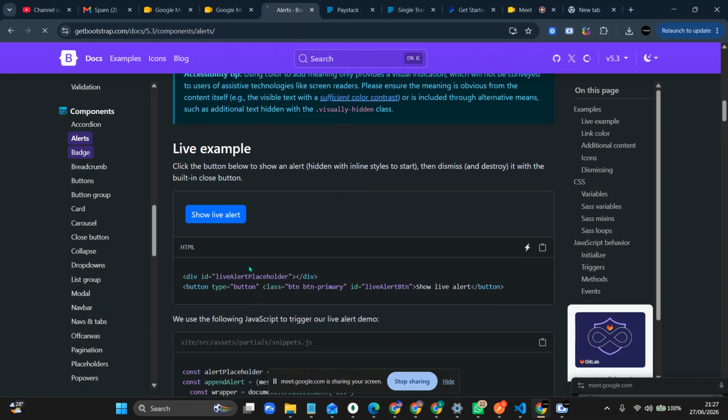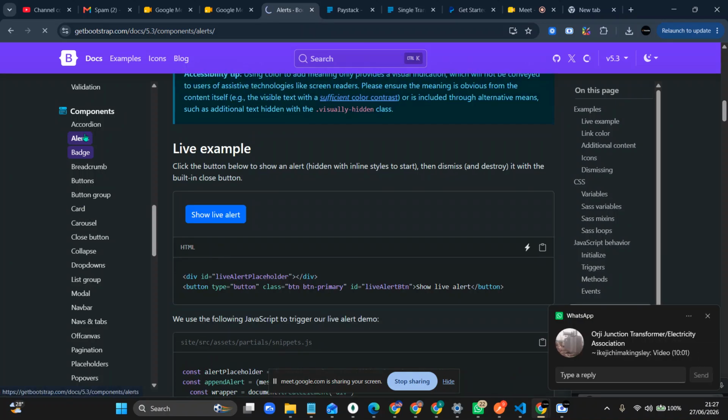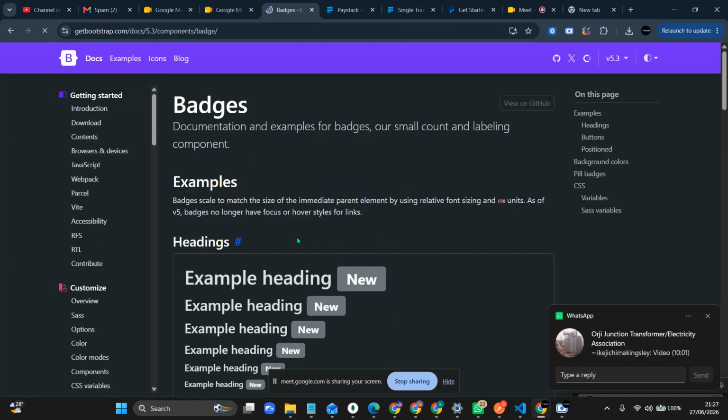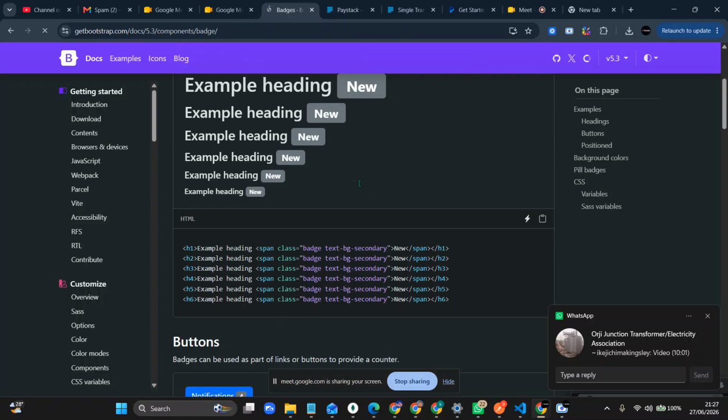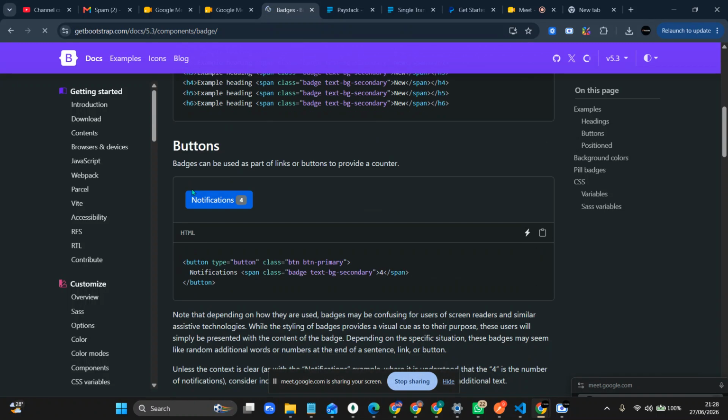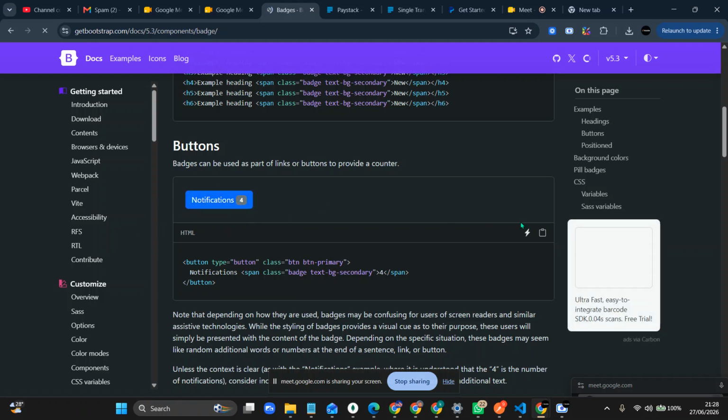So if you keep scrolling down, we are on alert. We are still on alert. The badge has not opened yet. Okay, so this is badge. You can see badge can be new, it can be anything. You see this thing now, badge. Let's assume we need something like this. You can copy it